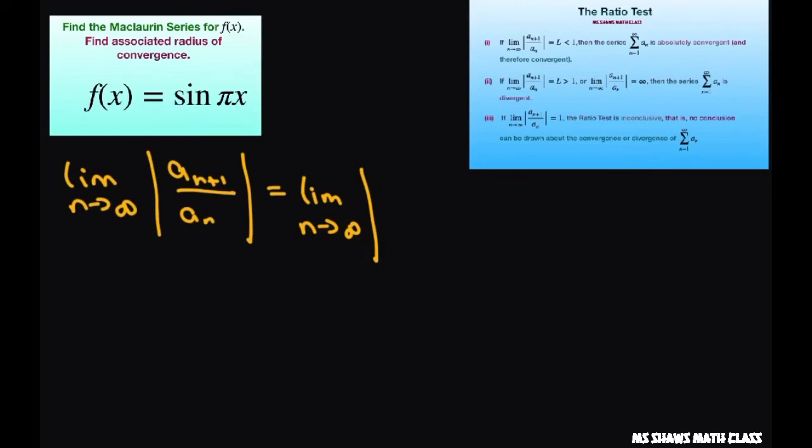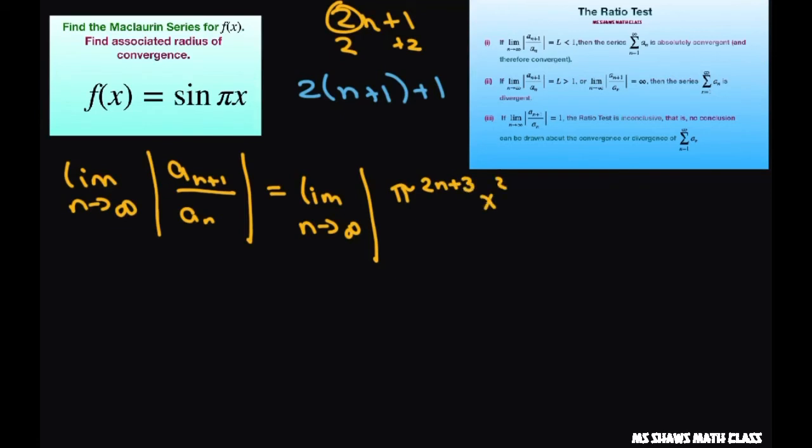Instead of 2n plus 1, since I'm adding 1, you just add 2 to that, or you could say 2n plus 1 plus 1. That's going to give you 2n plus 3 times x to the power of 2n plus 3